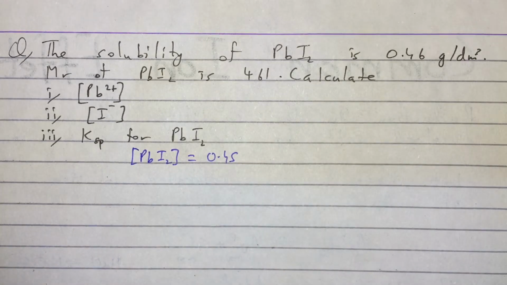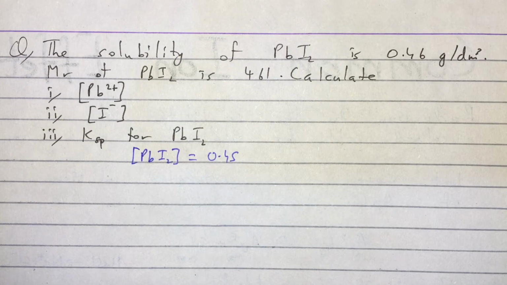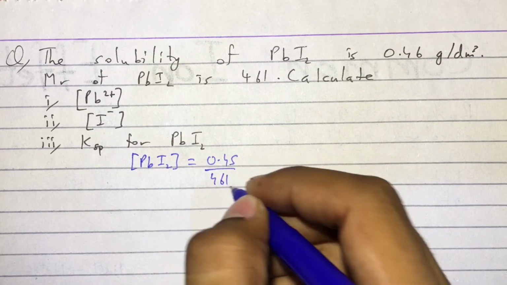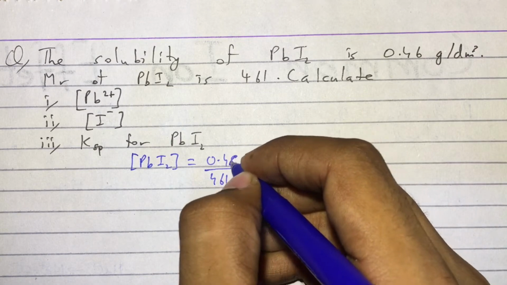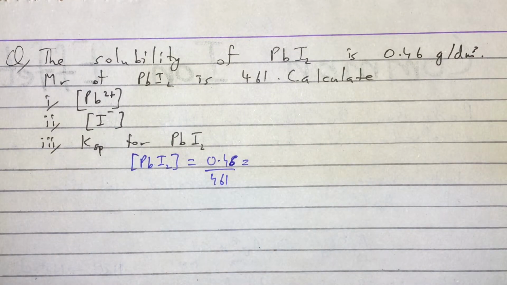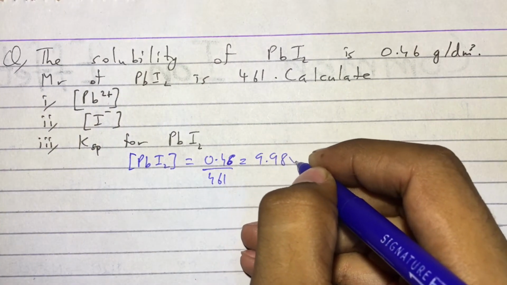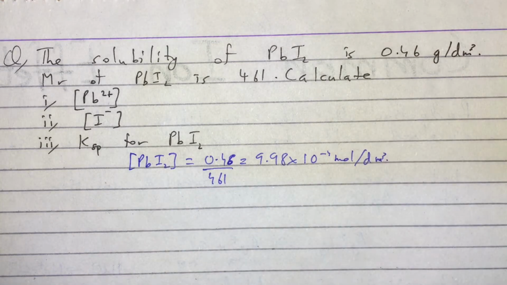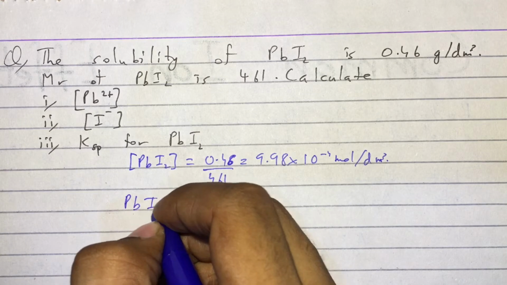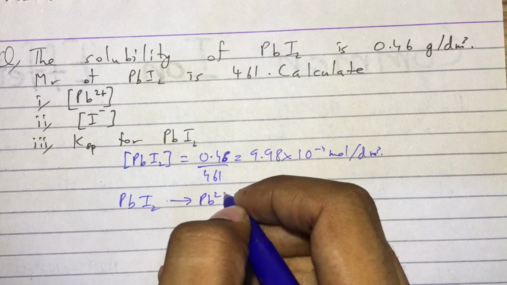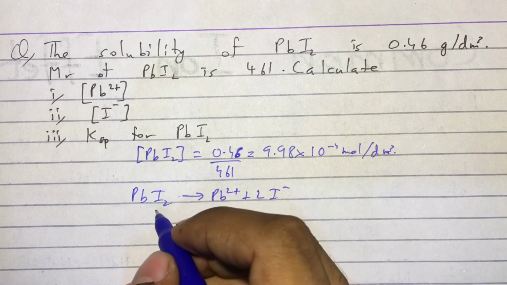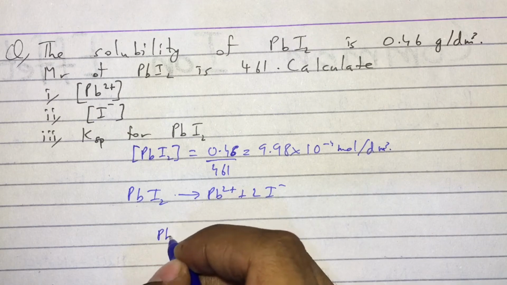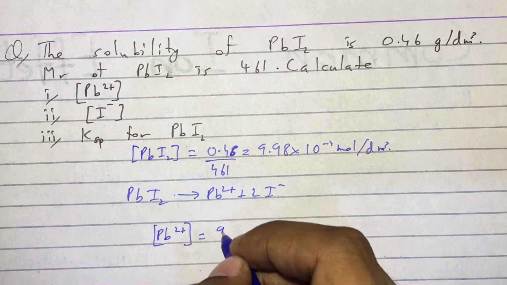So to convert grams to mole, we have to divide grams by the Mr. So 0.46 upon 461. This gives 9.98 times 10 power negative 4 mole per dm cube. Now we know that the equation of PbI2 is Pb2+ plus 2I-. So if the concentration of PbI2 is this, then the concentration of Pb2+ that we had to find will also be the same,